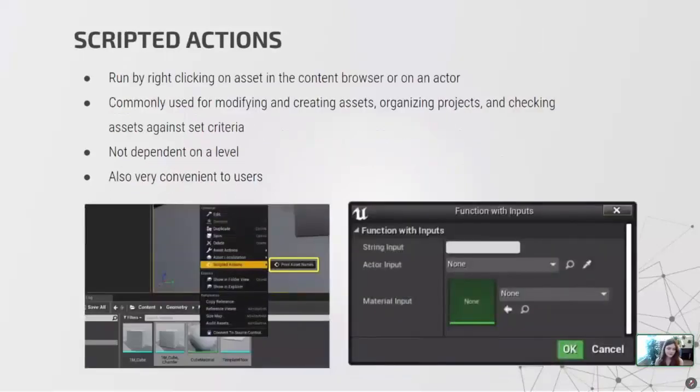But if we're not working with construction scripts, there are some things that are specific to editor scripting, like scripted actions. And these are going to be things that either apply to, you can do scripted actions for actors, so you can do something to multiple actors in a level, or you can apply something to multiple assets in your content browser. Going back to some of our previous examples, this could be, say, for example, you're